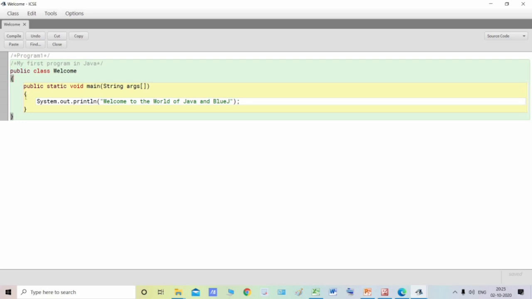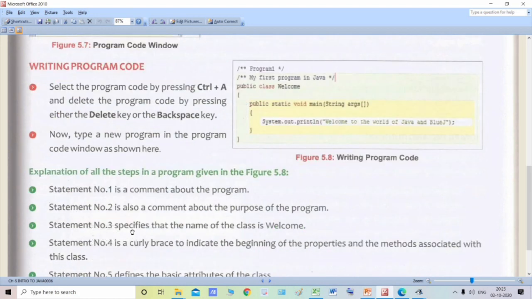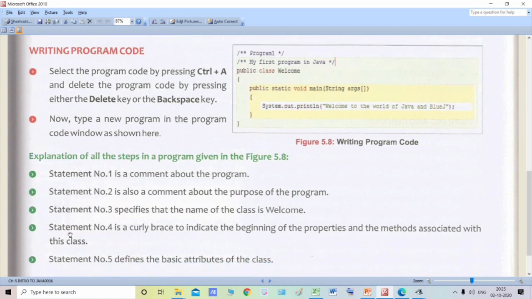Now moving on. So statement number 3 specifies the name of the class is welcome, public class welcome. Now statement number 4 is a curly brace to indicate the beginning of properties and methods associated with this class.